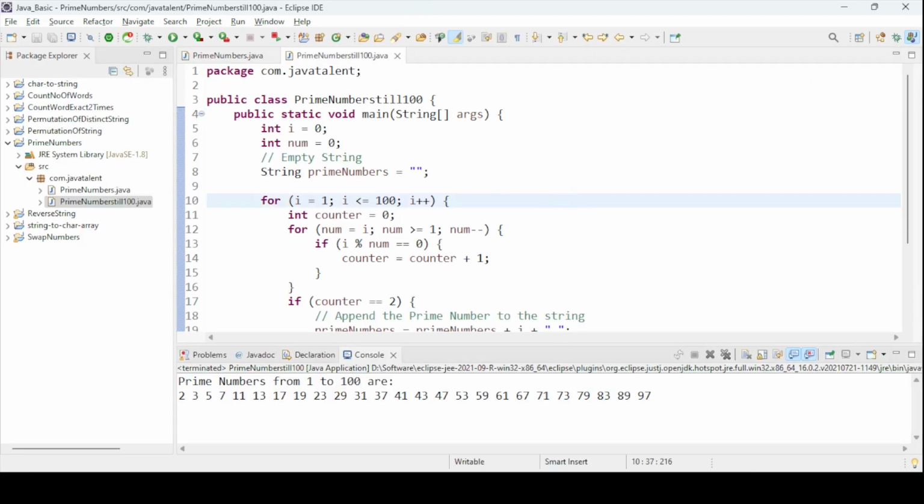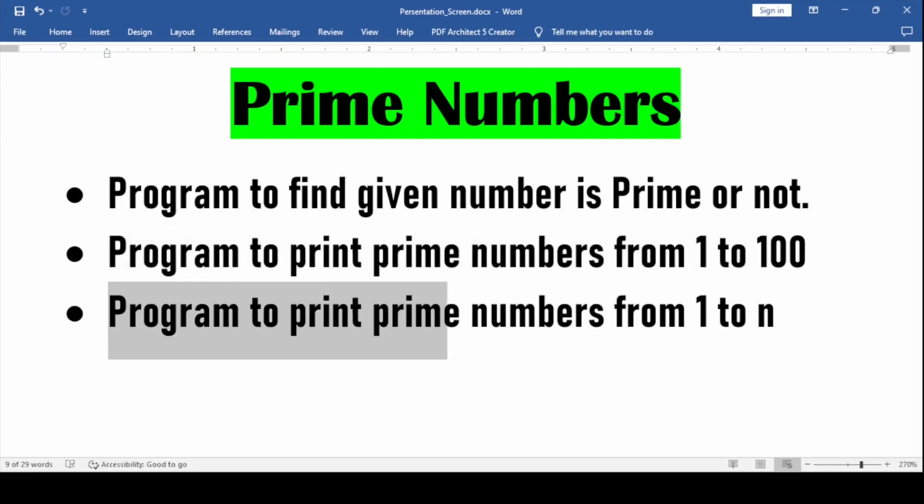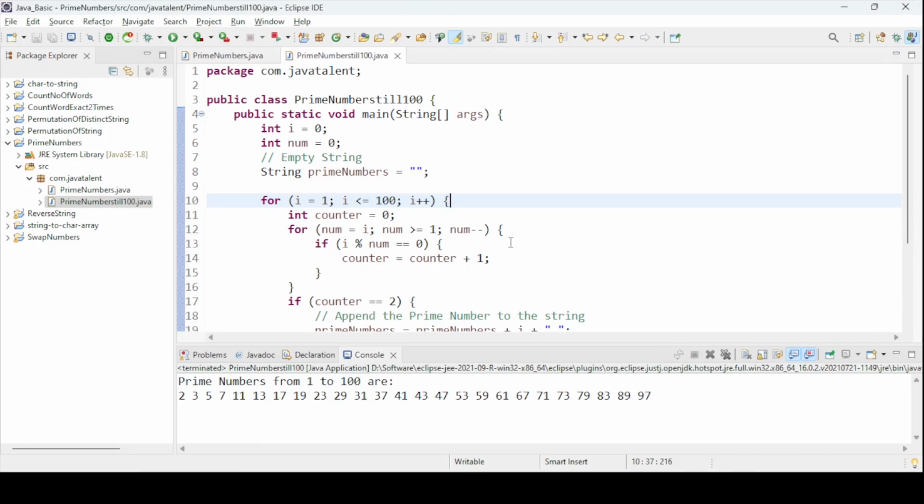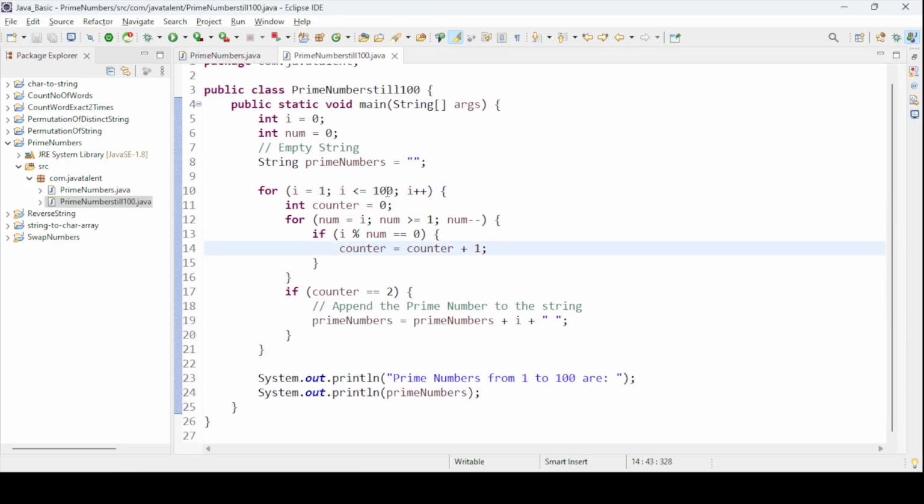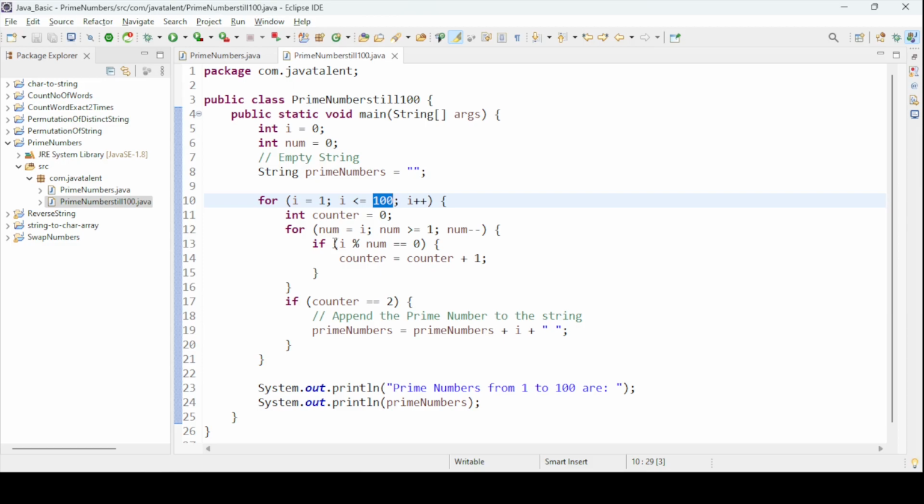Now, in the next step, the third one, I'm going to print the prime numbers from 1 to n. Means I will take the input from the user and then print that value. So simply let me copy the same code here, because there is a constant value. It will be printing from 1 to 100, and the other requirement is from 1 to n. So simply I will modify this class. So let me copy and paste the same here